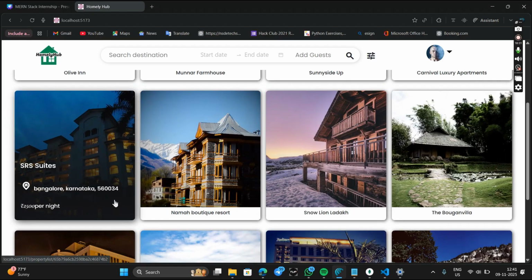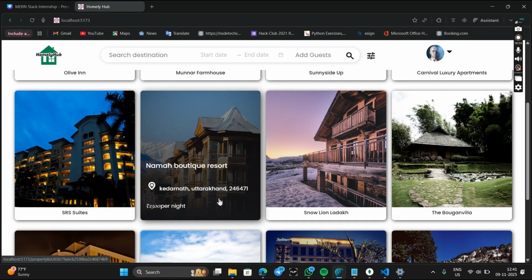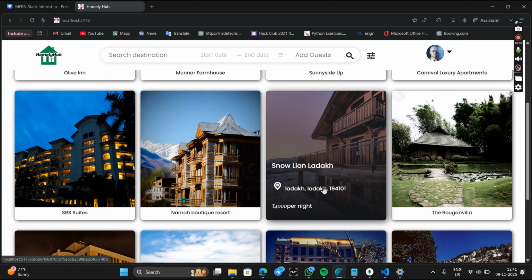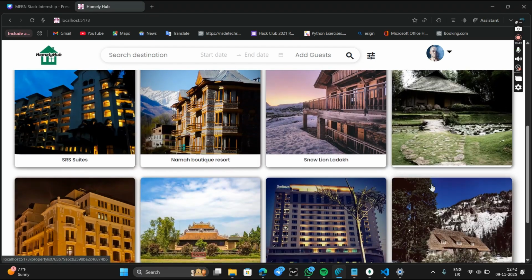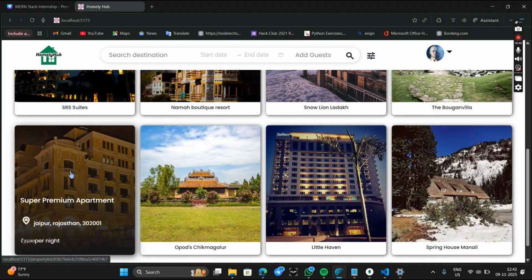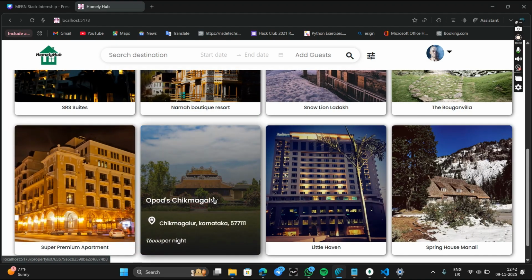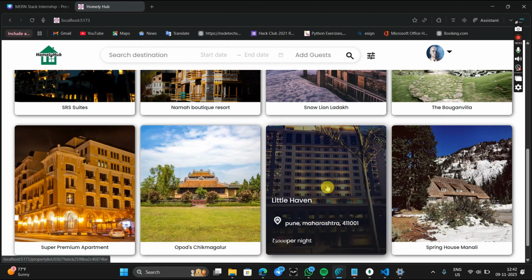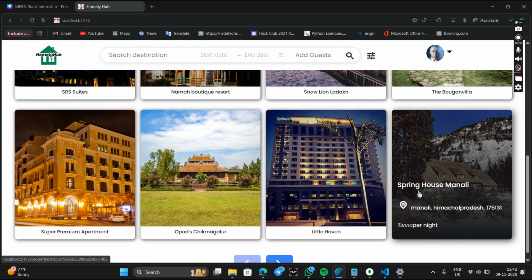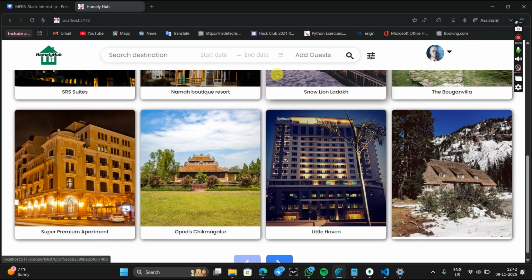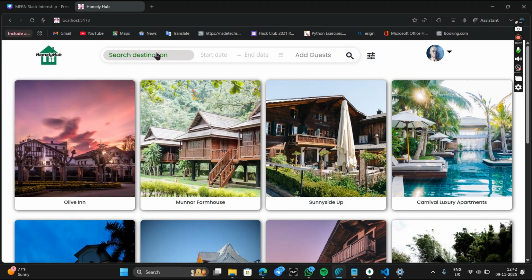SRS Suites of Bangalore in Karnataka, Nama Boutique Resort in Kedarnath, Uttarakhand, the Snow Lion Ladakh in Ladakh, the Bougainvillea in Ooty, Super Premium Apartment in Jaipur, Opals Chikmagalur in Chikmagalur, Little Haven in Pune, Spring House Manali in Manali. Okay, let's search for Kerala,